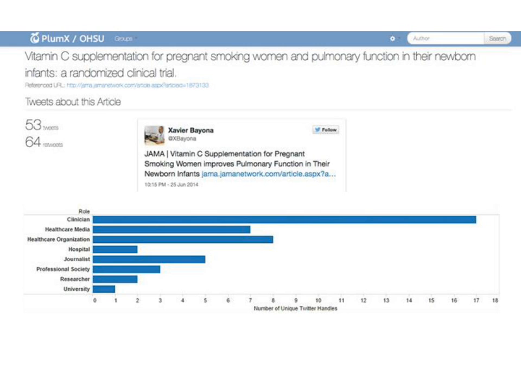So you see down below the specific tweet example, but we've separated the Twitter activity into clinicians, health media organizations, healthcare organizations, hospitals, journalists, professional societies, researchers, and universities. And you get a sense of where that discussion is coming from in Twitter in this example.